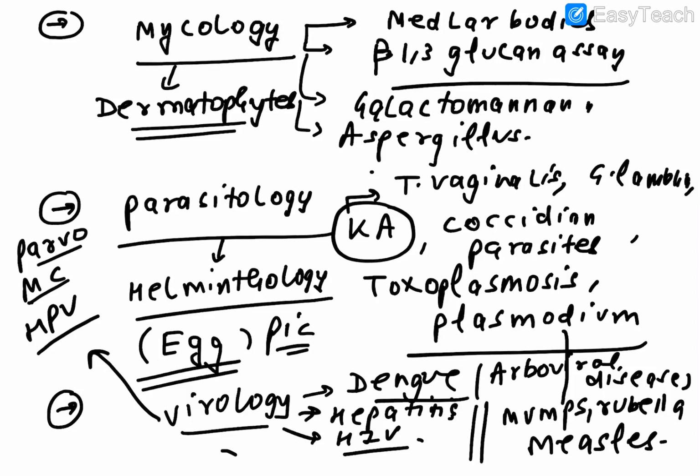Okay. And obviously the hot favorite of today, that is the coronavirus. This particular coronavirus will have a lot of questions. This time I suppose 3 to 4 questions easily will be there from the coronavirus. And as you know, guys, coronavirus is a single stranded RNA, positive sense, not a negative one. This is positive sense, single stranded RNA. And this particular genome of it is large. It is not a small genome, it is large in shape and size.